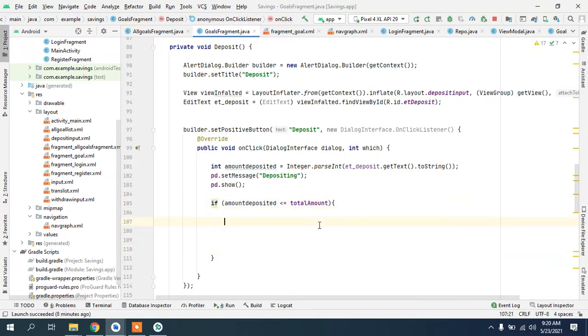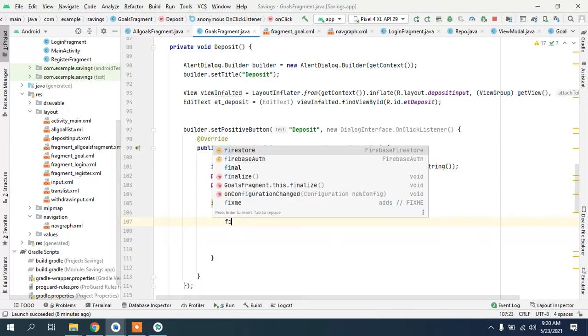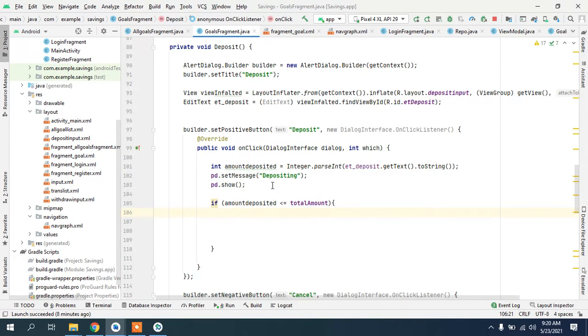Otherwise, if the goal is 15,000 and you are depositing 20,000, then it should not work. So we'll just come in here and get the Firebase,